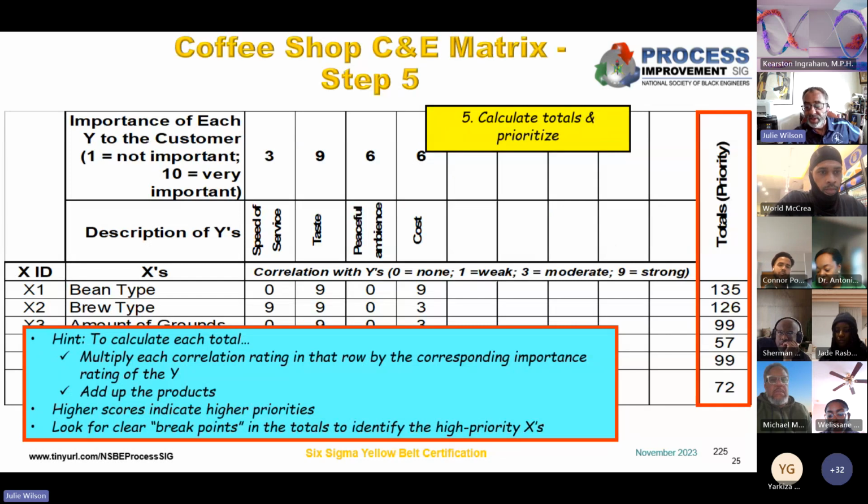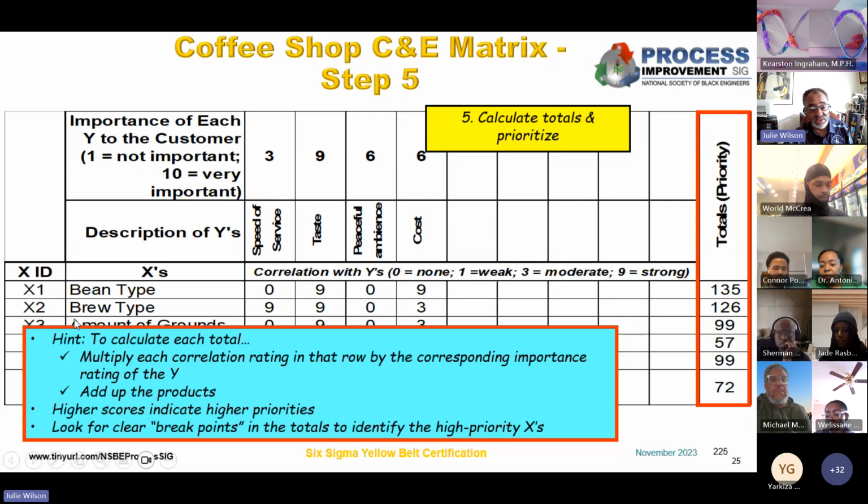And so what you come up with is a final score, a relative rating and a final score. 135 for the bean type, 126 for the brew type, 99 for the amount of grounds, 57 for the cleanliness, 99 for water temperature, 72 for type of cup. And you would then rank order these, so sort them from high to low, and you determine what the break point is. So you may say we only need to focus on our top 3, or you may